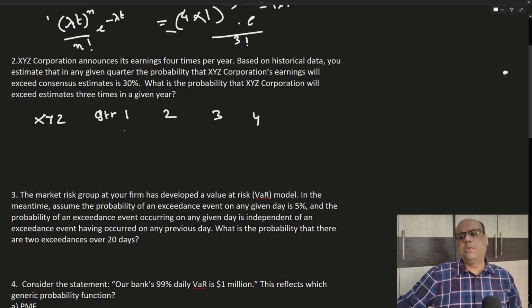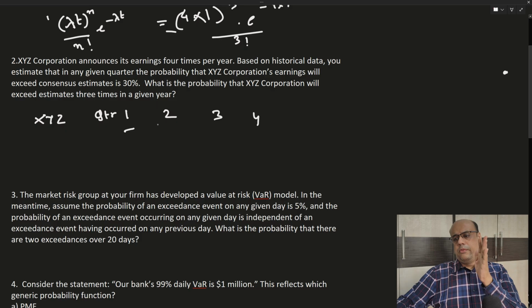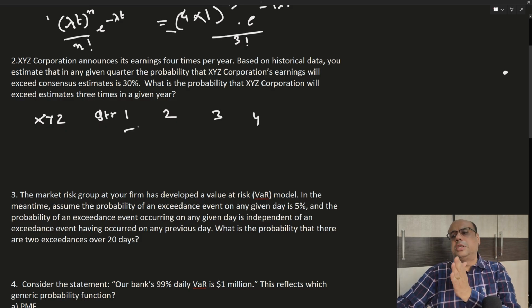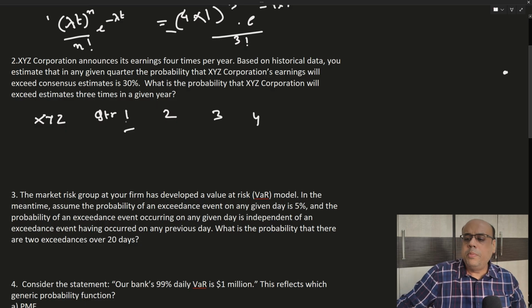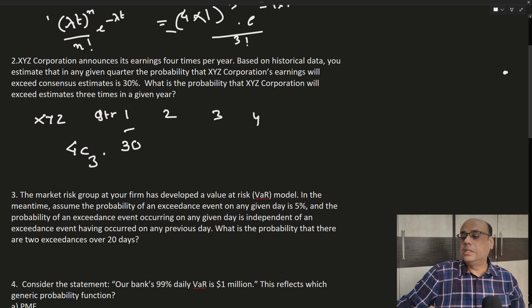It can be any 3 quarters, 1, 2 or 3. It is not that the first quarter will not be an exceedance but the second quarter will be, nothing like that. It just says out of 4, any 3 quarters can be an exceedance. So obviously we will have 4C3 into, that it will exceed. So exceeding 3 times a year means 30% to the power 3,